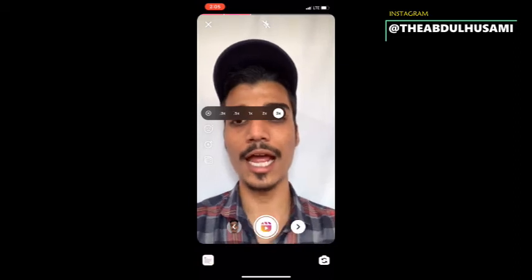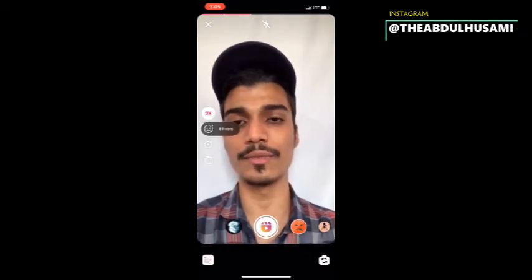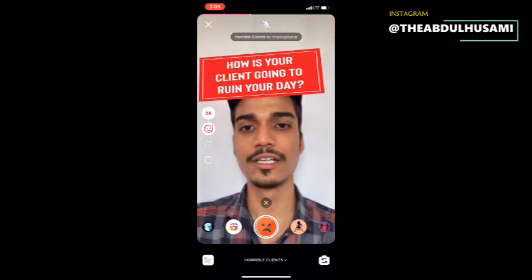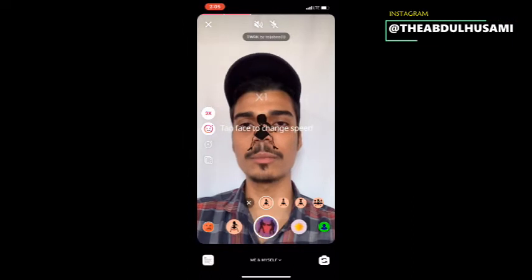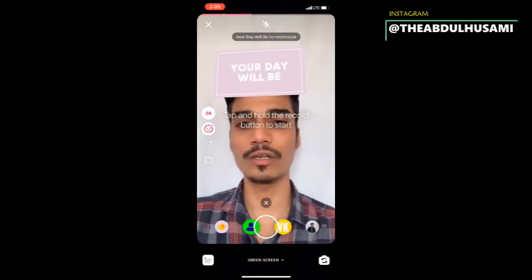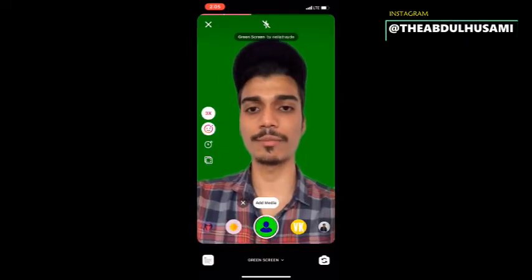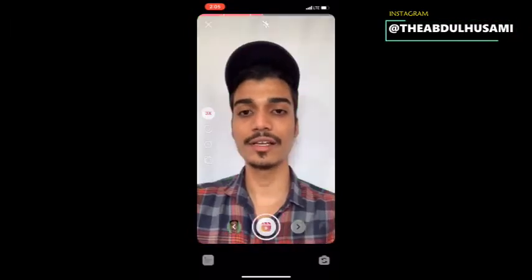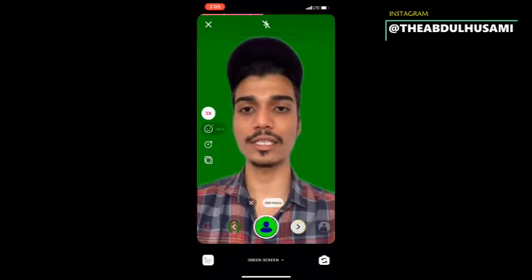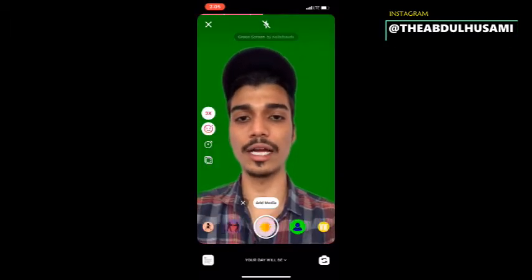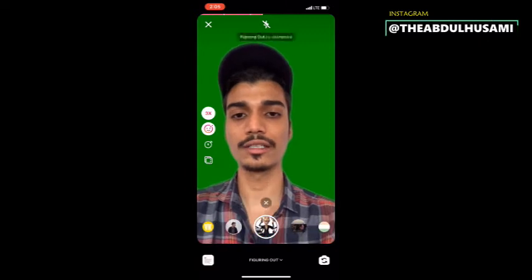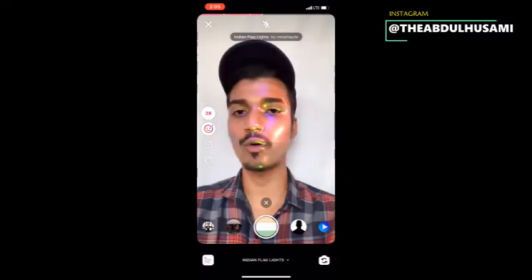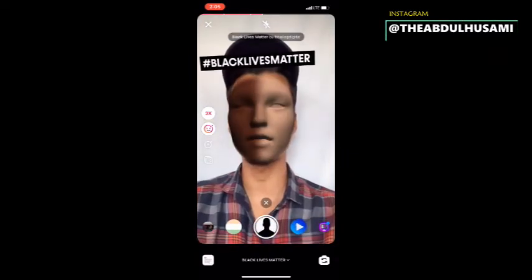And this is another option, effects. So this is the effect, guys. Here you can see the effects. For example, I'll just take this, and if you record this, it will record like this. Then if you want to take another effect, you can go again to these effects and figure out whatever effect you want. Whatever effect you want, you can take.